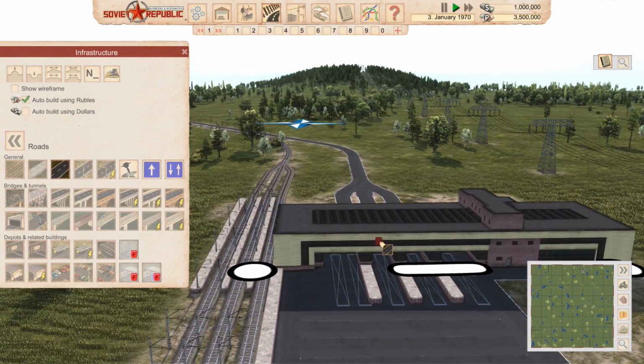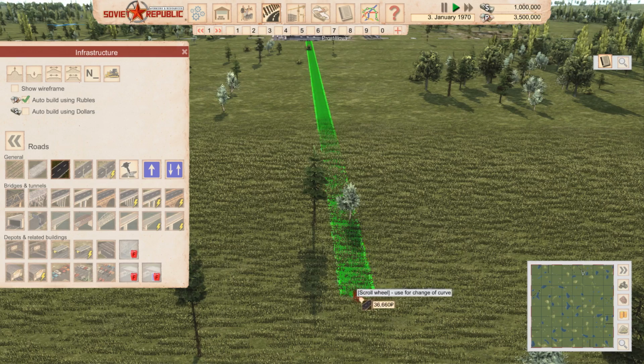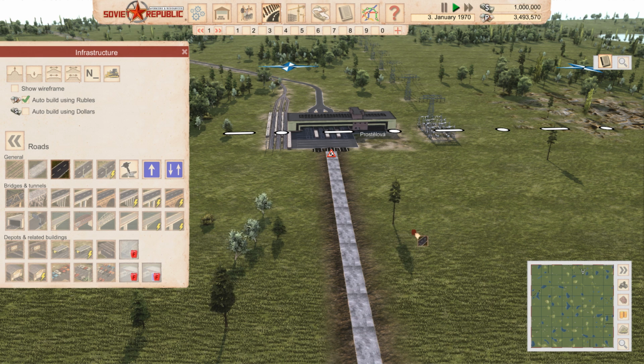What is that even? Is that some sort of control point? Like a guard station of sorts. Alright, first road is being worked on. You can buy these roads using either rubles or dollars, or, and this is going to be handy pretty soon,